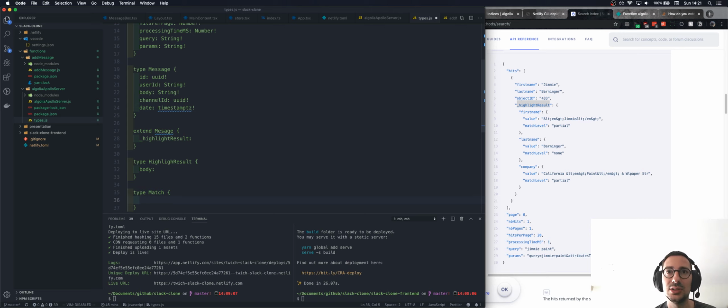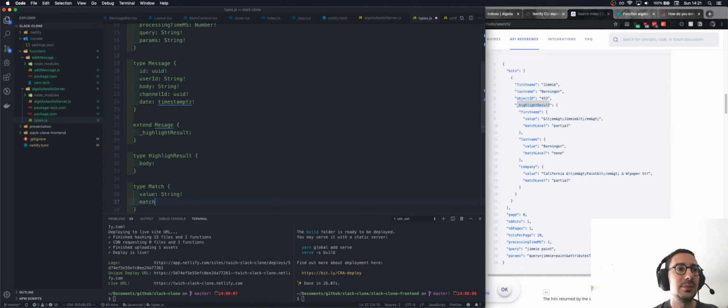Type definitions for the win. So it has a value which is of type string and the match level, which is again of type string. So we have here match